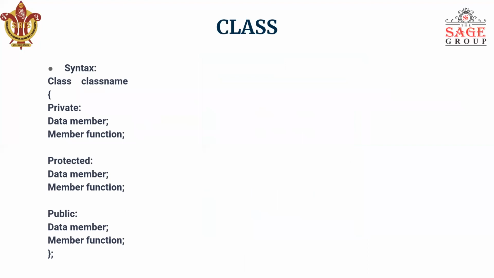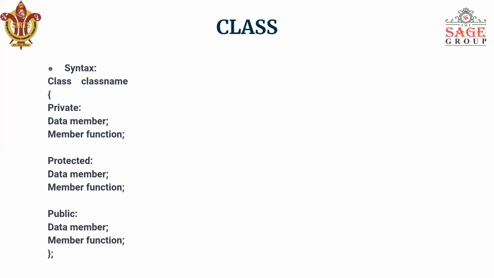Now, we can see the syntax of a class. If we want to create a class or write a program using a class, we can simply write class. Class basically is a keyword. Then after that, we take a space, then we simply write the class name. The class name can be anything, whatever name you want to give that particular class. But remember, the name of a class must not be a keyword or reserved word.